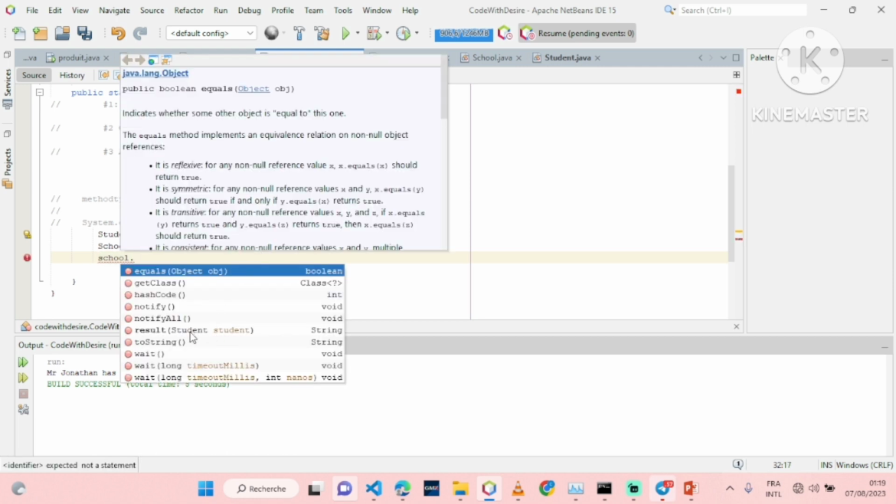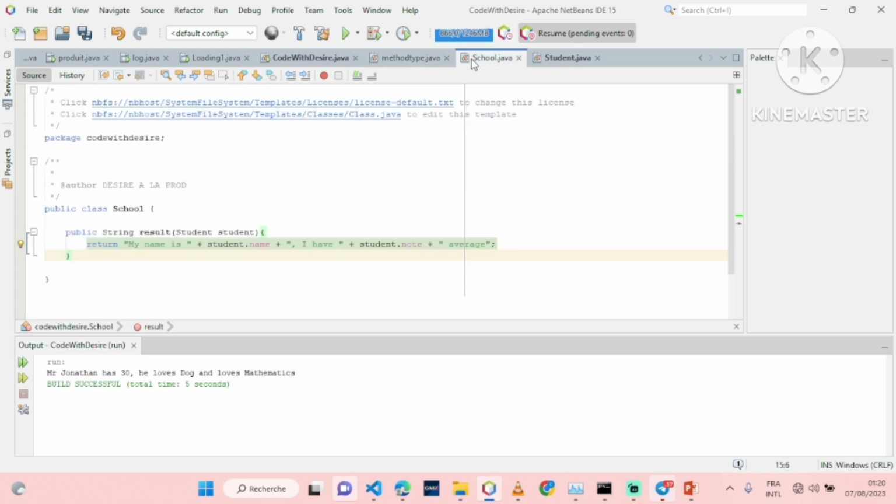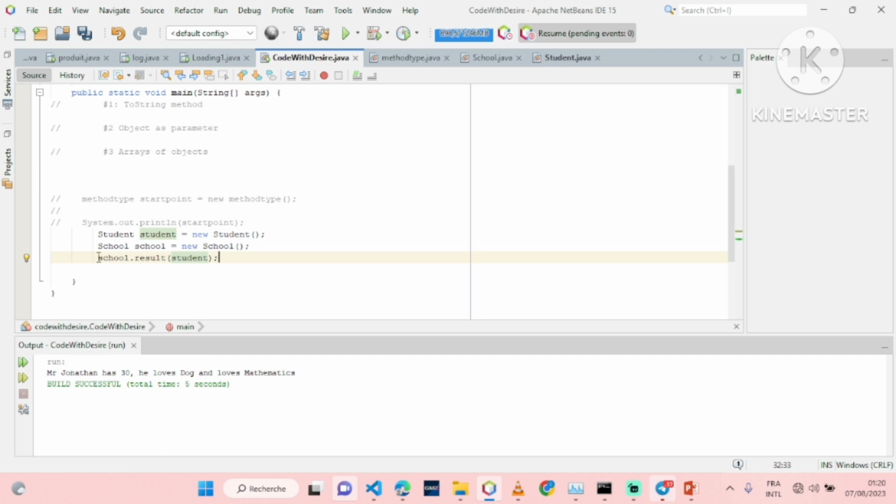As you can see here, it is waiting as a parameter for a variable of type student, which means I will take this student here and place it here. Now, as it is a function that returns a result, we are going to put here